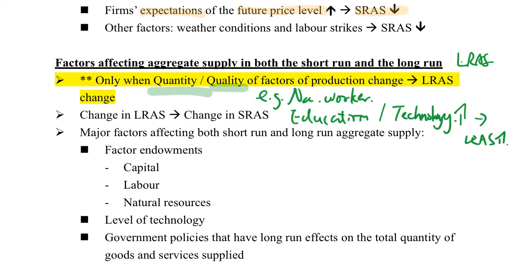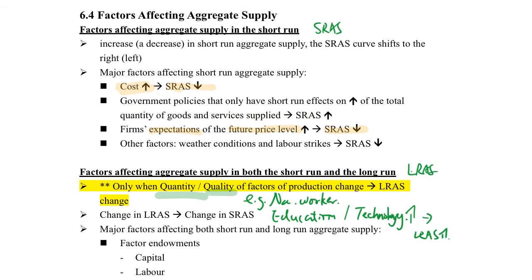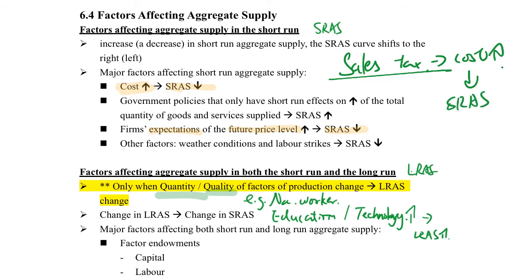Okay, so now think about the tax rate. If the tax rate changes, if we're talking about the sales tax, that means when the seller tries to sell the goods, they need to pay a certain amount of tax to the government. So it is increasing the cost of the sellers, and that's why it affects the SRAS. It doesn't affect the quality and the quantity of the factory's production. It's just about the selling price. So that's why it's